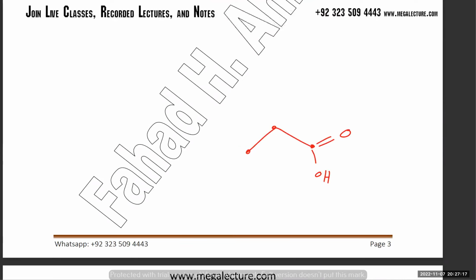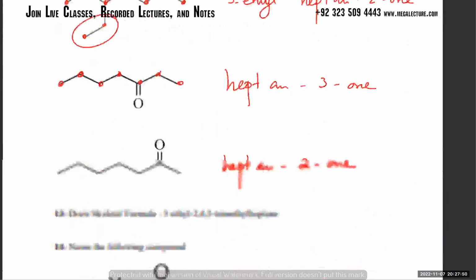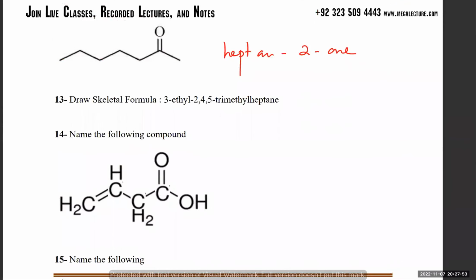The problem is with the CH. The H's that are attached to the C are not usually shown. So if you had an aldehyde, they would most likely just show you this. The H's connected to the C are not usually shown in the skeletal formula. Even if it's not shown, it's still the same thing, right? At the end of the day you just add them up yourself. So the next thing is draw the skeletal formula of 3-ethyl 2,4,5 trimethyl